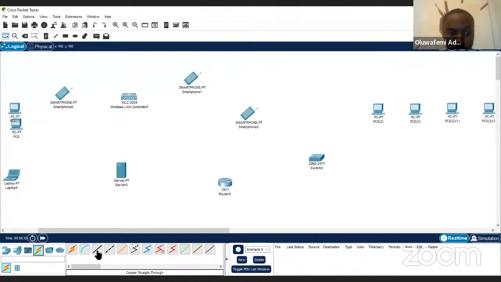But normally, when you go to the market, you say I want a straight through cable. A straight through cable connects two different devices together: a switch to a system, a switch to a router, straight through, right? And this is a crossover cable. Can you see where my mouse is? And can you see the crossover under it? Yes, we can see it.